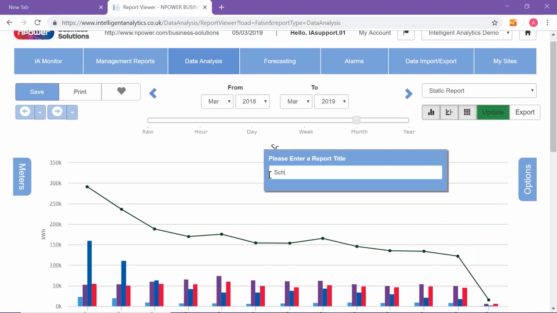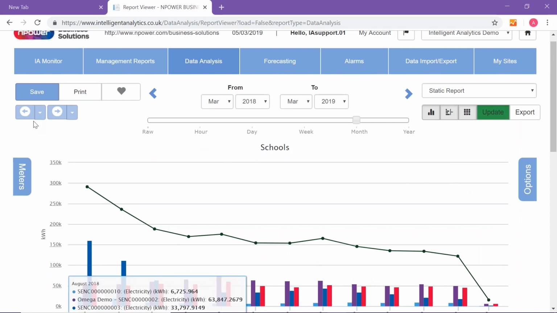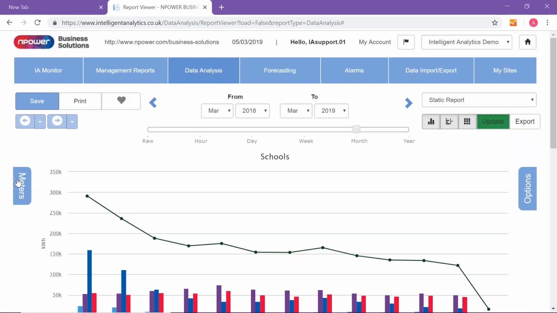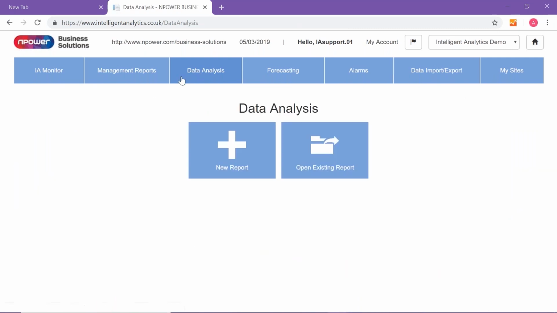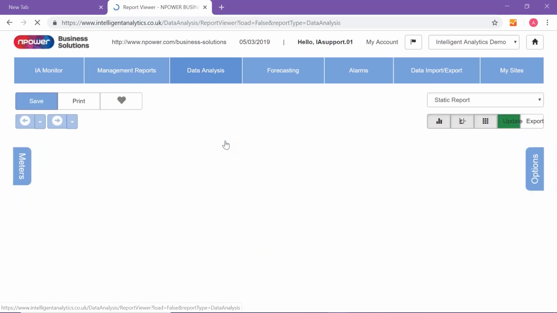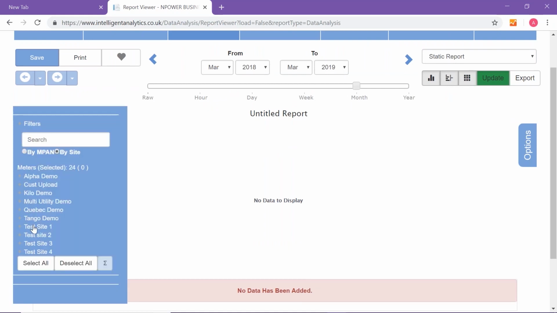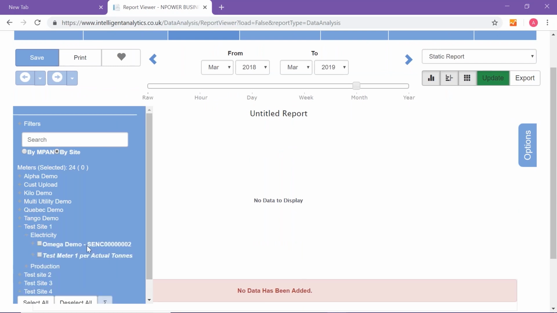So I'm going to give it a name, and we're going to save the report. If I go back to data analysis and new report, I'm going to go back into the meters tree, and I'm going to select test site 1. This is also where I updated the MPAN to give it the site name in front of it as well. So if I select the meter and select update,